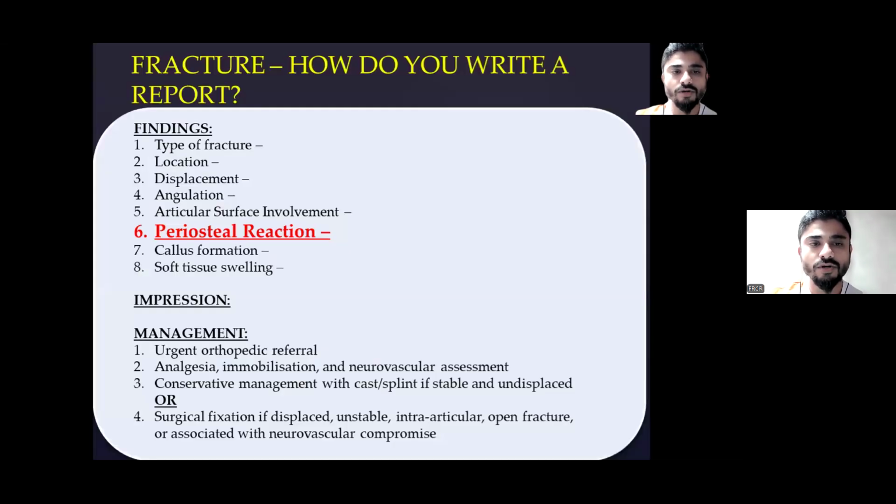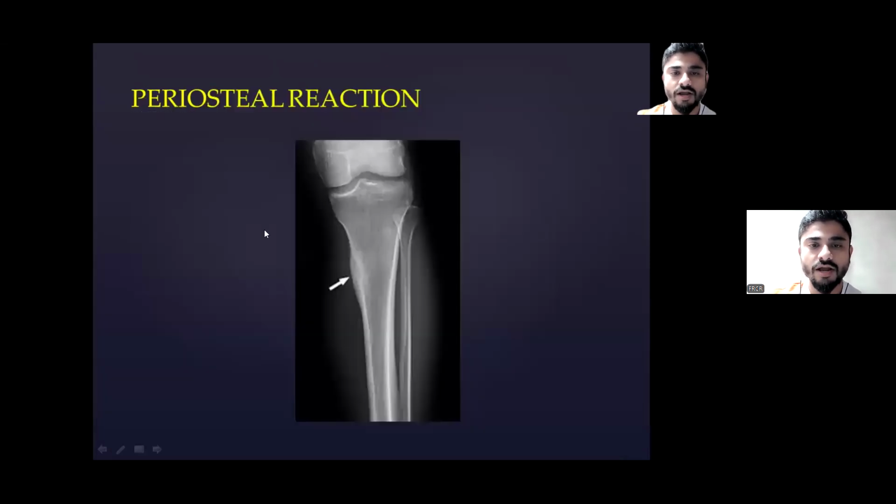Understood? Now coming to the next part, that is periosteal reaction. Do you see periosteal reaction whenever you encounter any fracture? So periosteal reaction is usually seen after 7 days. Okay, so that is the reason when the fracture is occult, or whenever there is a hairline fracture difficult to see on the first radiograph, we always ask the patients to get a follow-up radiograph after 7 days. So that is the time when you will see periosteal reaction, and then you can identify the fracture site confidently